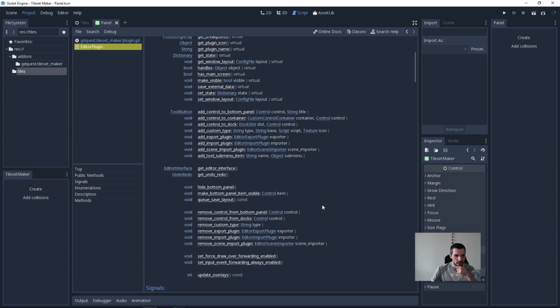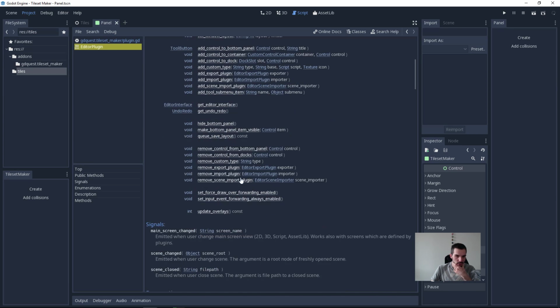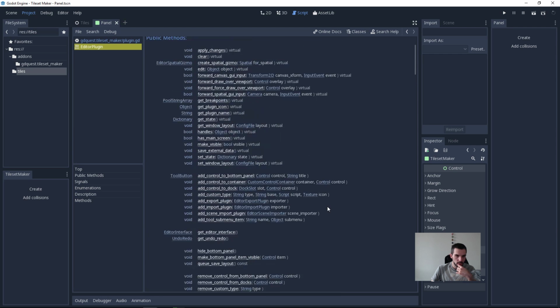So I don't have a ton of experience making add-ons, by the way, but we wanted to do a collab with Games from Scratch to talk about the tool mode because it's very powerful. And so I figured it was a good way to get started. I don't see over forwarding, update overlays, nope. Set window layout, handles. I don't see something that'd be like kill it when you deactivate